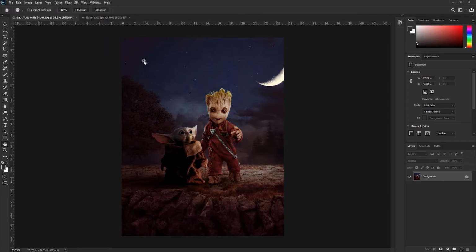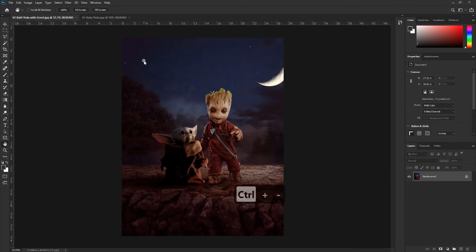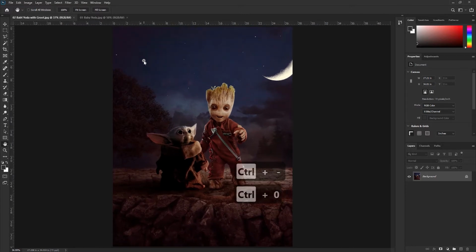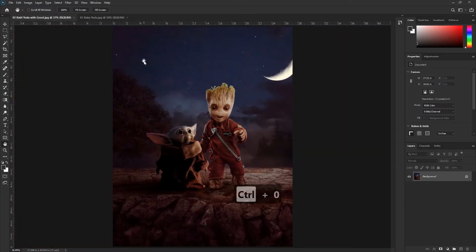So every time I use Ctrl plus, I am going to zoom in. Every time I use the minus key, I will zoom out. If I use Ctrl 0, Photoshop is going to fit the image inside the preview area as large as it can fit the whole image. Now if I use Ctrl 1, I have zoomed into 100% and I can only see part of it. Alright, let's zoom back using Ctrl 0 to fit in window. You can also use the little zoom percentage option in the lower left.